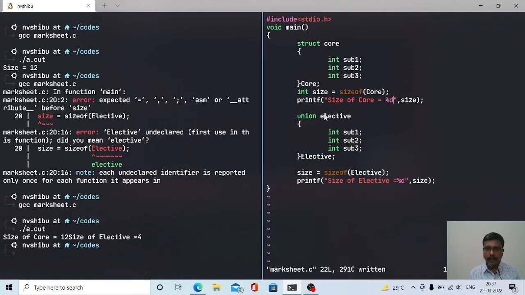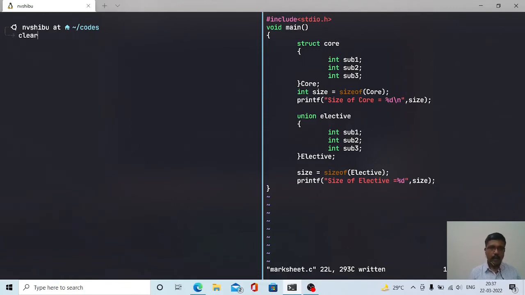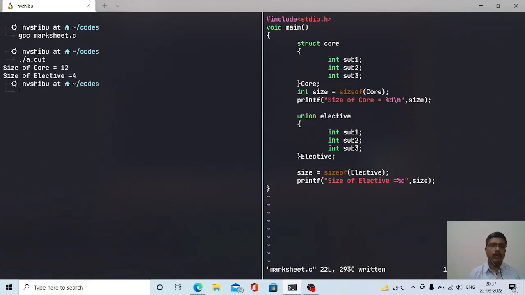So now to make it clear, I shall put a backslash in here so that the output comes in the next line. So it is clearly visible to you. Save the program. I am clearing my screen. Okay, and compile the program again and I shall run the output. So you can see the size of core is 12 bytes and the size of elective is only 4 bytes,